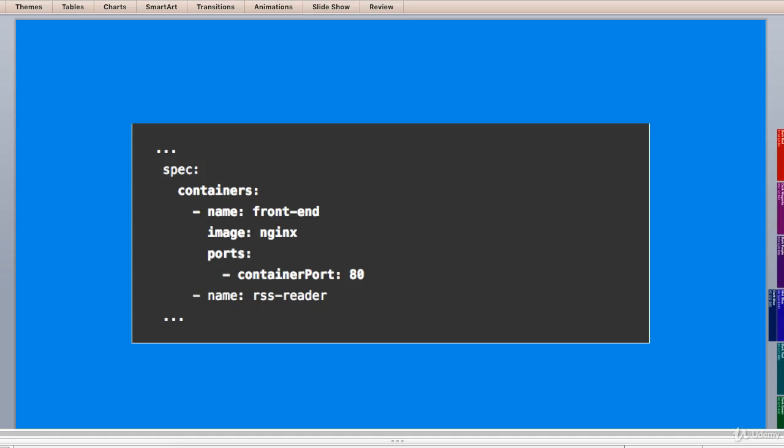The spec property includes any containers, storage volumes, or other pieces that Kubernetes needs to know about, as well as properties such as whether to restart the container if it fails. You can find a complete list of Kubernetes pod and API specs, which we have already discussed in my earlier chapters. But let's take a closer look at a typical container definition. As you can see on the screen, in this case we have a simple, fairly minimal definition: a name, the image on which it is based, nginx, and one port on which the container will listen internally. Of these, only the name is really required.